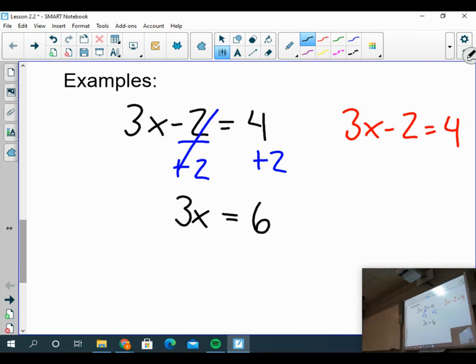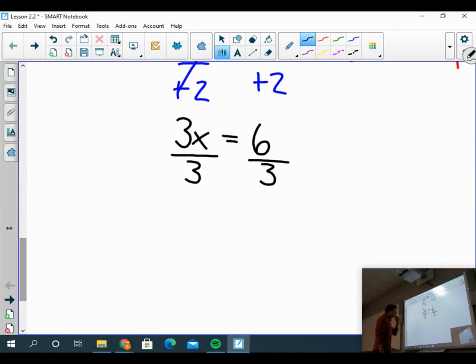And again, I look at this and I go, well, how will I get the x by itself? Well, I will get the x by itself by looking at the 3x. We saw this in the last video. How is that 3 attached to the x? The 3 is being multiplied. If I'm multiplying something by 3, the opposite of that would be dividing by 3. Well, what I do to one side, I must do to the other. This 3 divided by 3 will ultimately give me the x by itself. Again, we talked about the logic of this in the last video. If I do that,